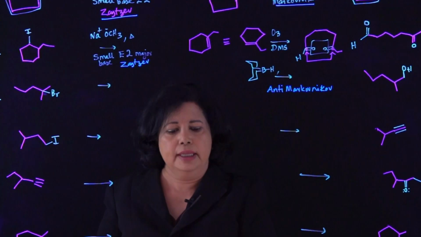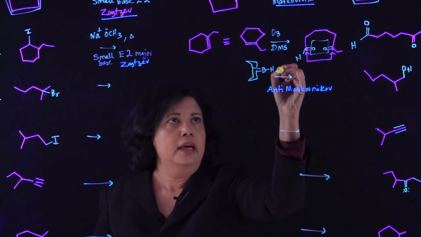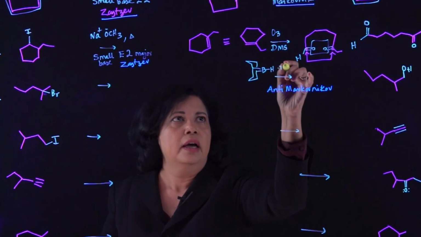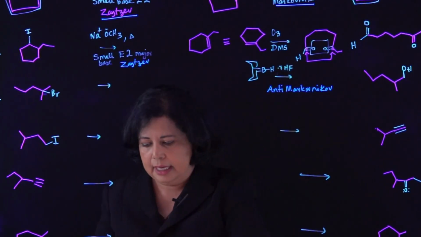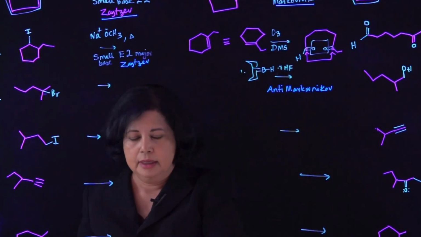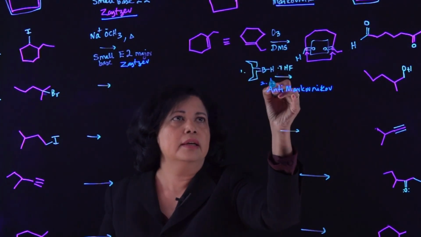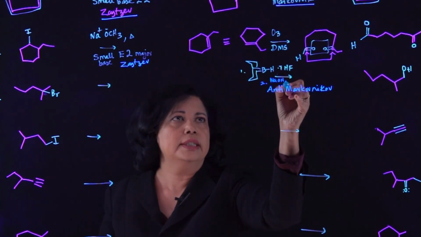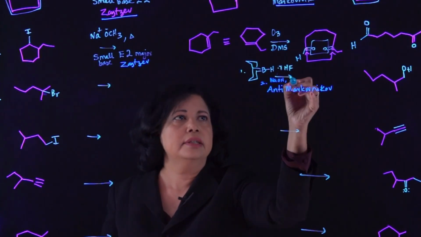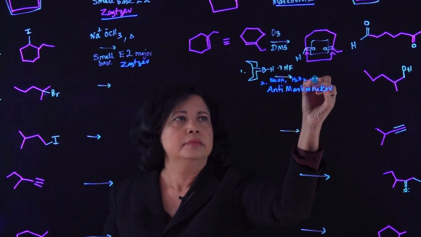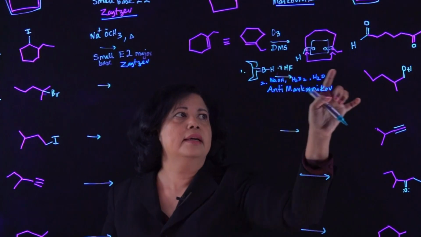You can also do that with alkenes. So BH3 THF, and then follow it up with a nice hydrolysis. Make sure you don't put the hydrolysis and the boron at the same time, because then it's going to attack the boron, not your reagent. H2O, and you're going to get